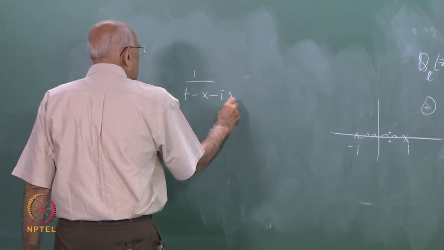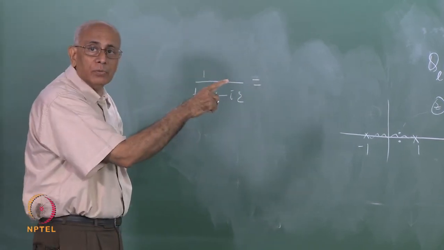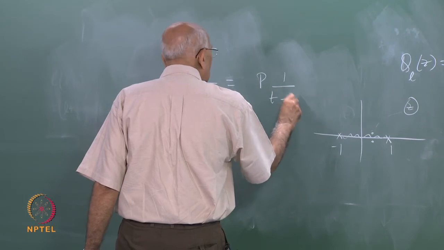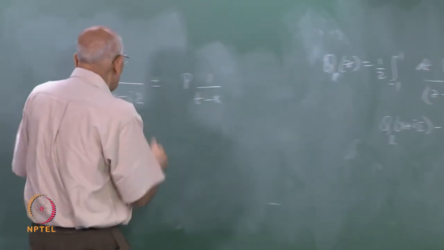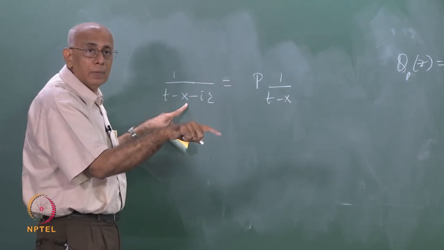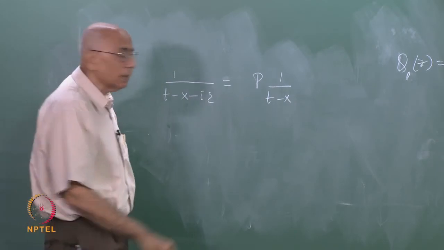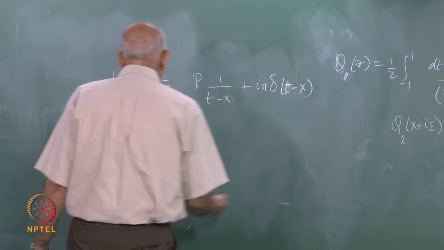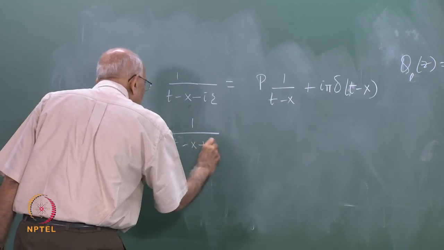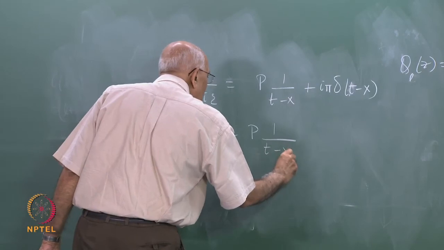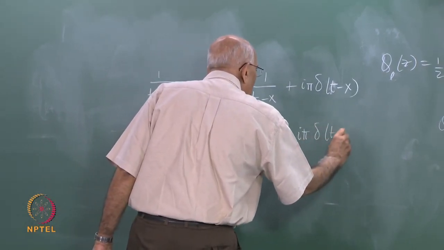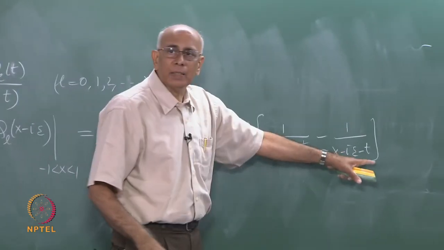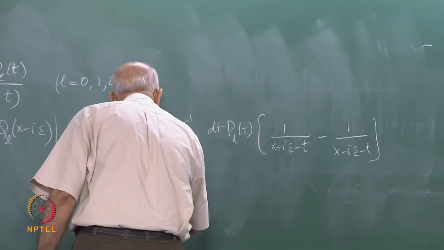So all we have to do is to go back and use this formula, 1 over t minus x minus I epsilon, in the sense of multiplying by a function of t and integrating across the range which includes x. This is equal to the principal value 1 over t minus x, and the pole is below the contour, which is equivalent to integrating on top. So this is plus I pi delta of t minus x. On the other hand, 1 over t minus x plus I epsilon equals the principal value minus I pi delta of t minus x, and then this is trivial because the principal value parts cancel out completely and you are left with 1 half